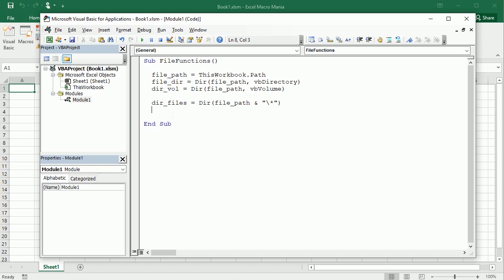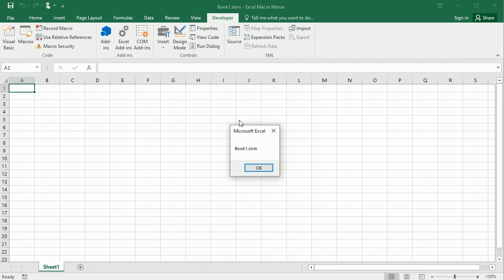We can loop through that as long as it is not empty, and we're gonna move using Dir again from one file to another. We're gonna loop through each file, and we can show that. Let's put it in a message box, but we could add it to the worksheet line by line, for example. So let's put here a message box, and now we say dirFiles equals Dir, which is gonna move to the next one, and we close the loop. If I run this, you see we're gonna